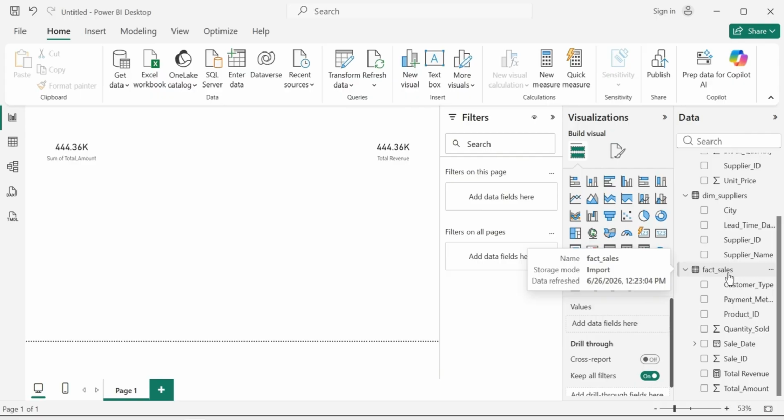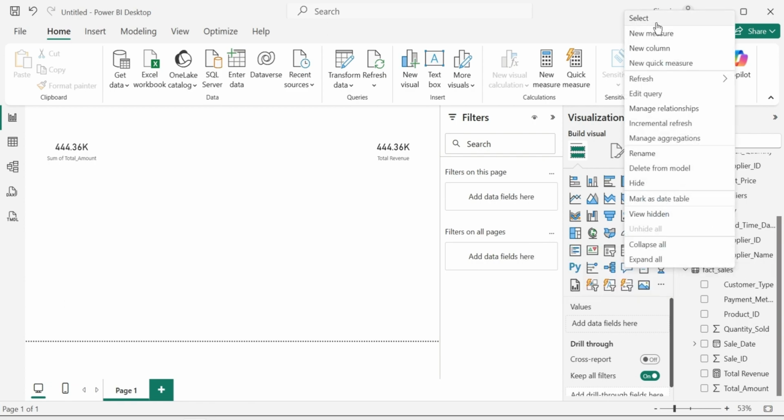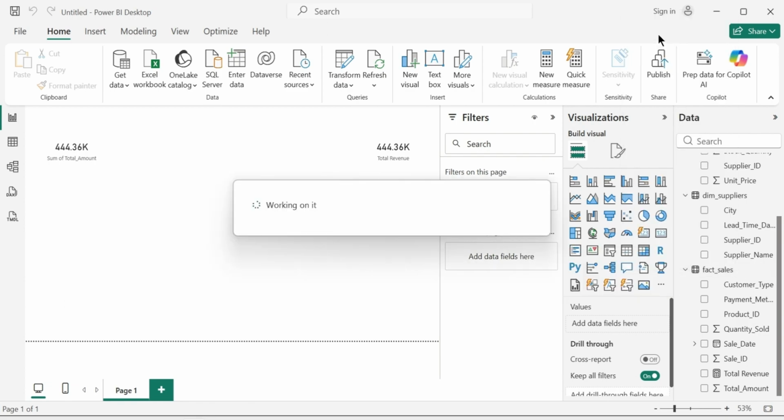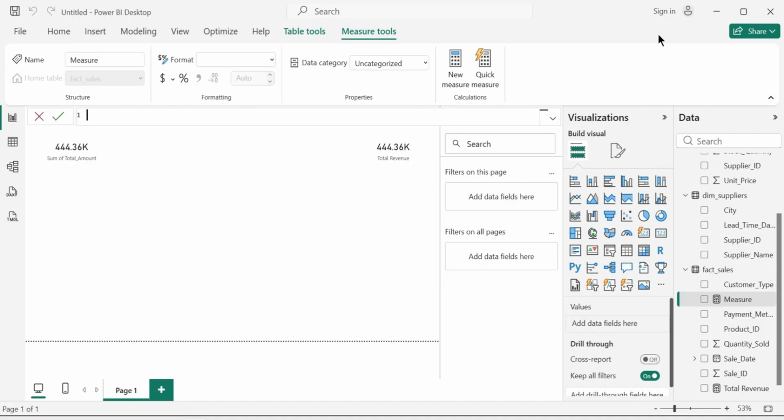Remember, for the total revenue, we were actually using the sum function. So get yourself into the fact sales table, because that's where we have the total amount. Right click on it, hit new measure, then backspace. Then you have to give an indication that we are obtaining the average revenue, just like that, space, equals sign,